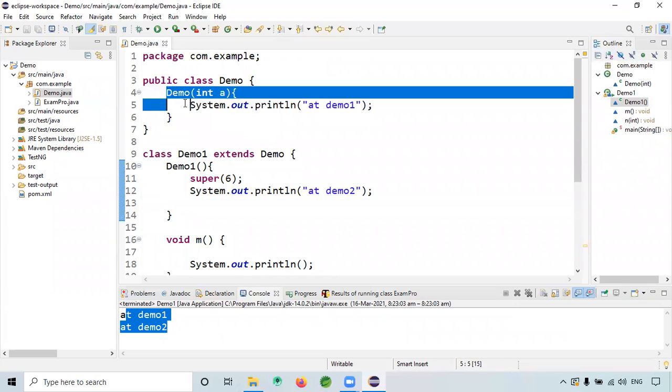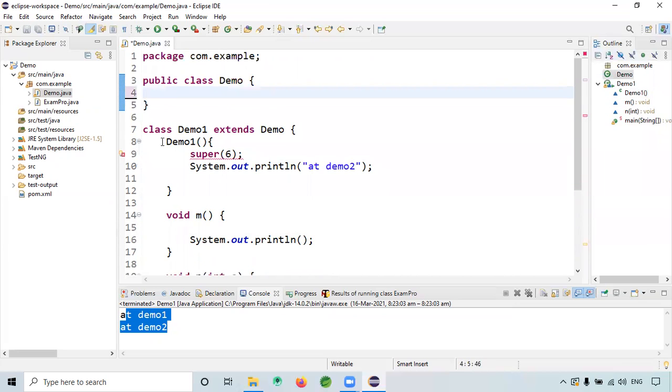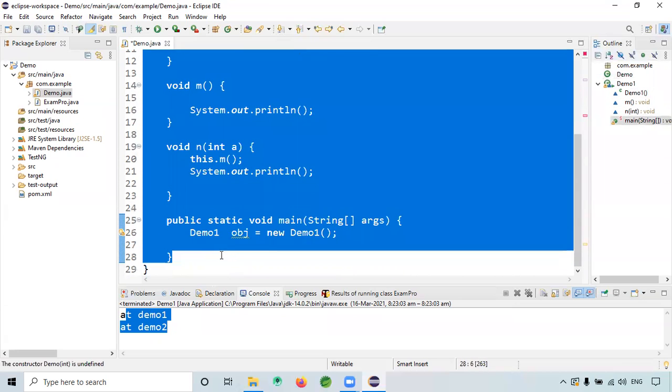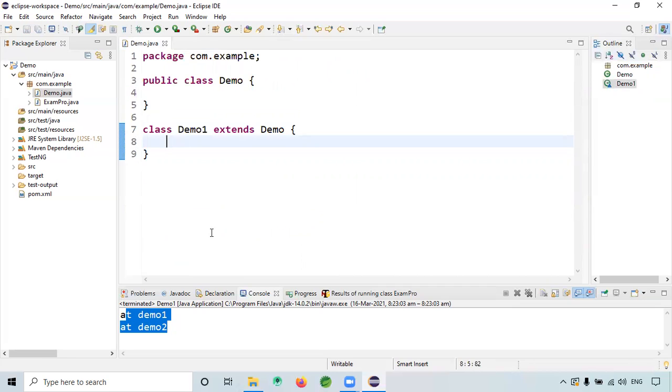Okay, the last, final topic for today is final. So final you already know. Final can be applied with classes, final can be applied with variables, and final can be applied with methods. Now if you apply final, see here, instead of public, I will give final. So if I give final with the class. Final can also be applied with the constructor, right? No. Okay, let's see. First with the class.